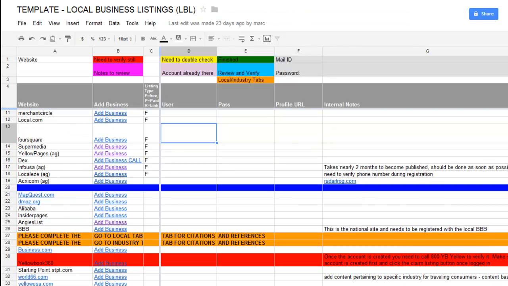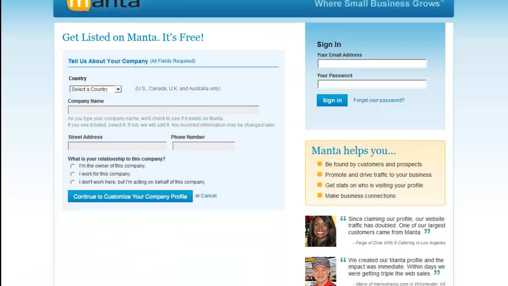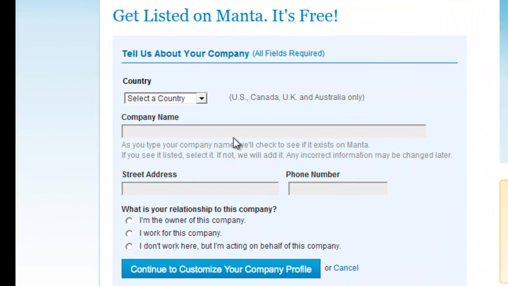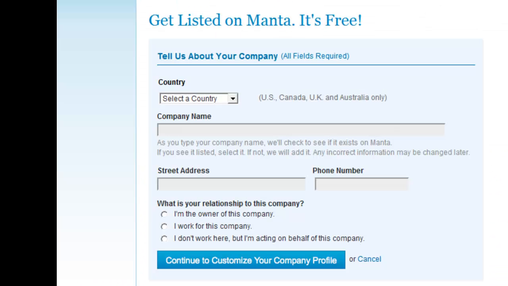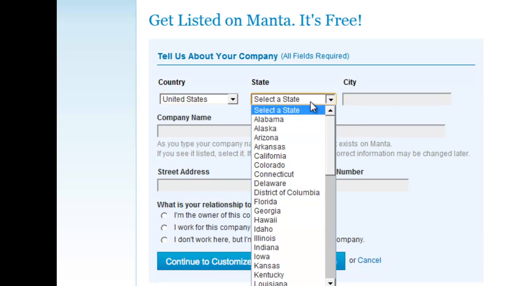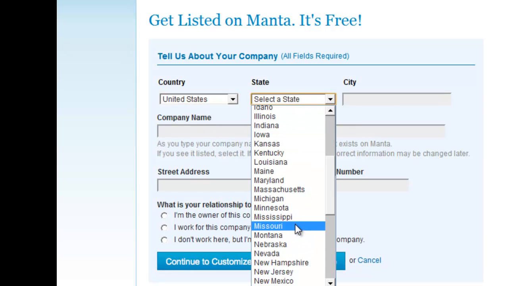So very, very simple. But the most important part is when you're adding your business, for example, to Manta, you want to keep organized. And so we also encourage you to use your local business information that you filled out. Your local business information is all your company information in one place, and that way you can copy and paste. Because doing this 200-300 times can get time consuming. And if you're outsourcing it, especially, you want this done fast, you don't want people wasting their time and money. So when you come in here, now you can click the state that you're in,